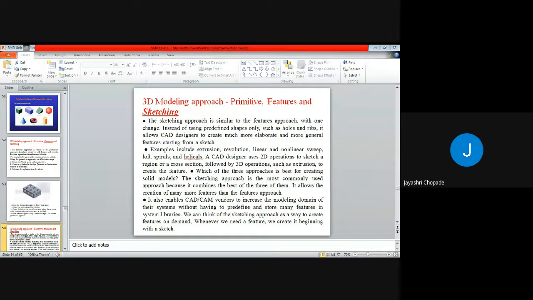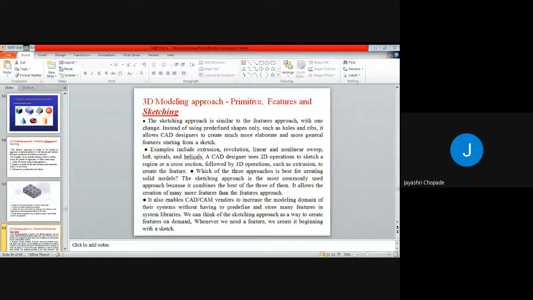In extrusion we are providing the thickness. Suppose we want to create a spiral or helical, in that case also we can create it with the help of sketch. A CAD designer uses 2D operations to make sketches. So sketch is used only for the creation of 2D operation, followed by 3D operations such as extrusion to create the feature.